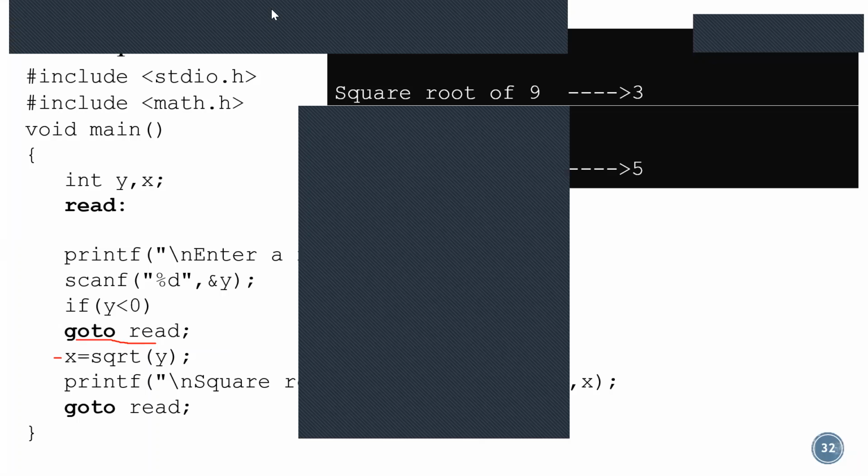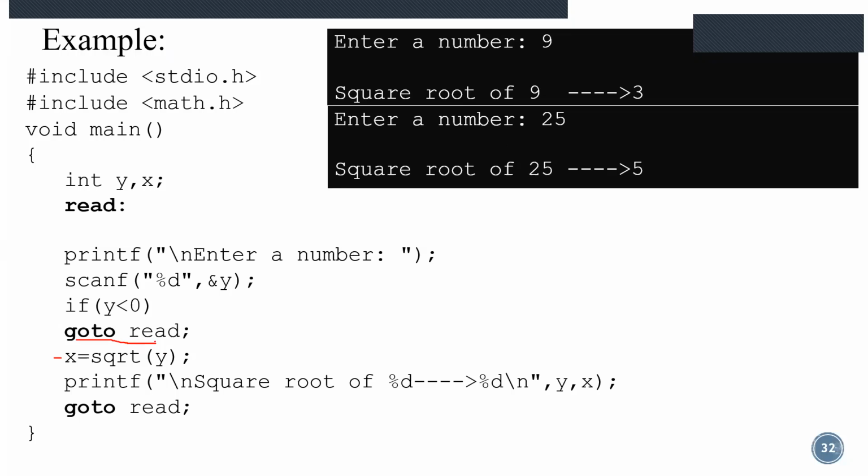If you want to enter a number here, we will give 9, then we will find the square root, that is 3. I am just giving here, actually this program was with a float number and all.